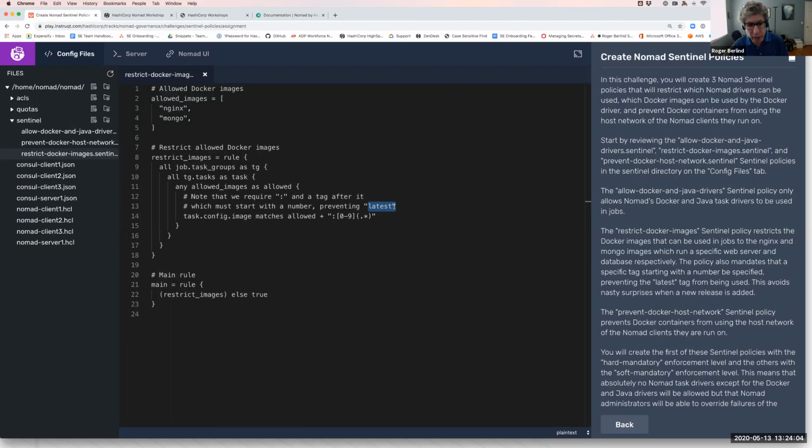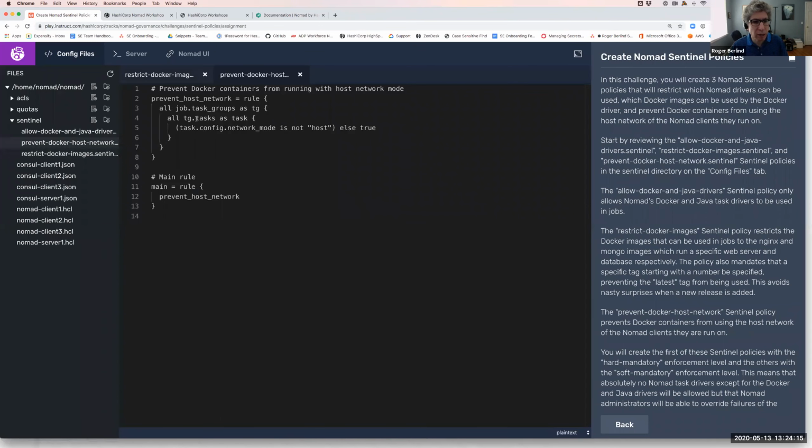That's not really a good idea in production because somebody could do an update to that, and that could break your application. So those are the 3 rules that we have. Oh, sorry, one more. This third policy is for Docker specifically. We're saying that the network mode of a task should not be host. The Docker driver allows you to use the host network, bridge network, and some custom networks. We're saying you cannot use the host network because that gives the Docker container access to things on the host